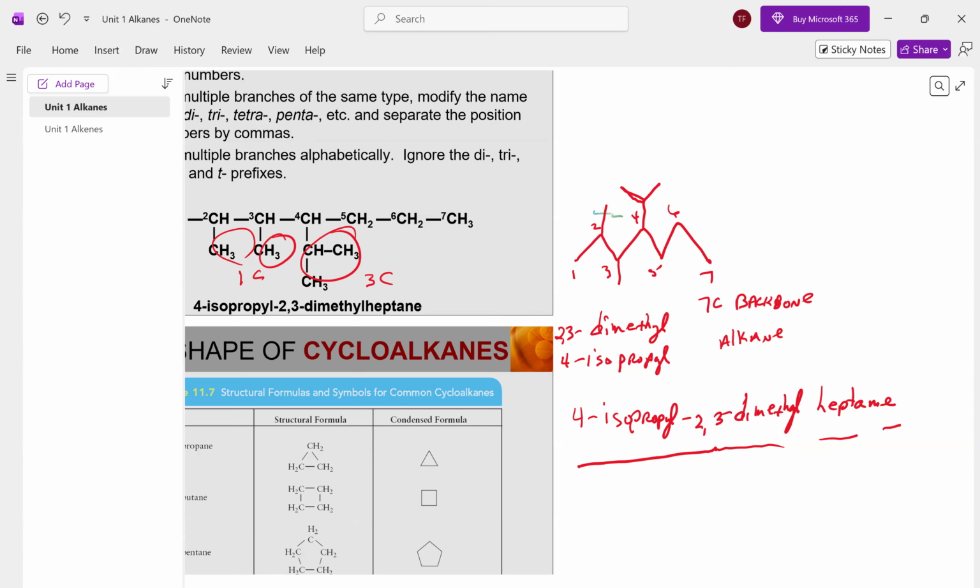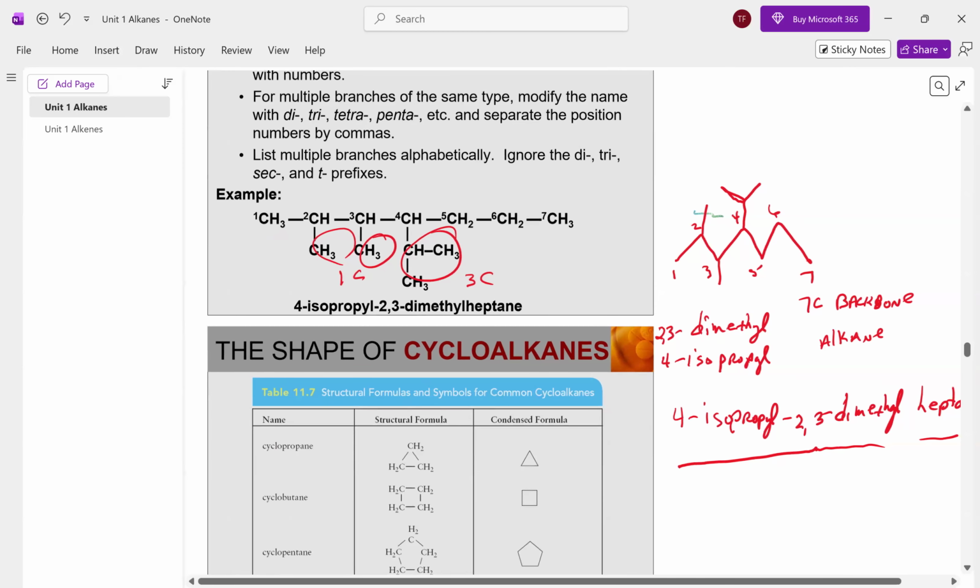Do you have a question? Is every 3 carbon branch always isopropyl? No. Either propyl or isopropyl. Depends where it attaches. If it attaches on the end, it's propyl. If it attaches in the middle, it's isopropyl. Thank you. All right. The other thing is,